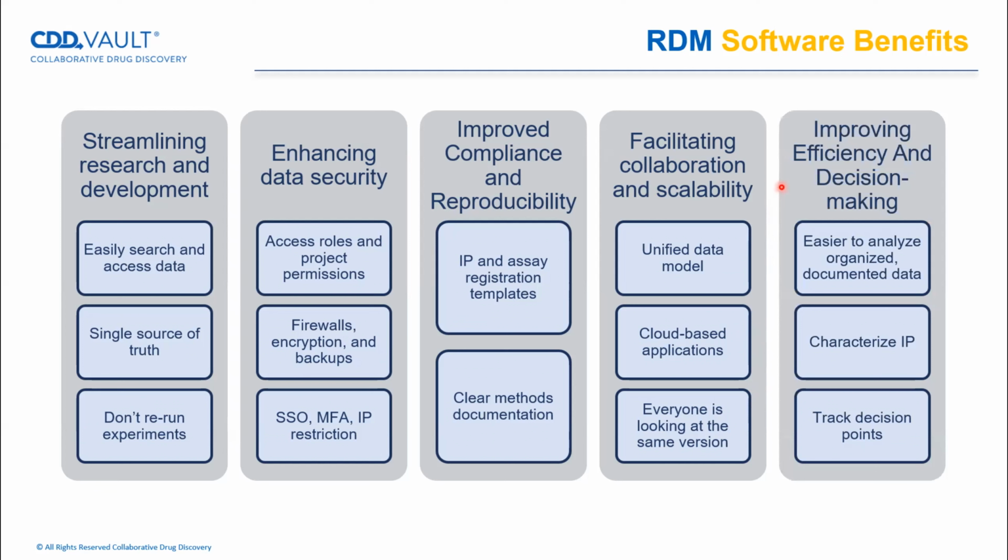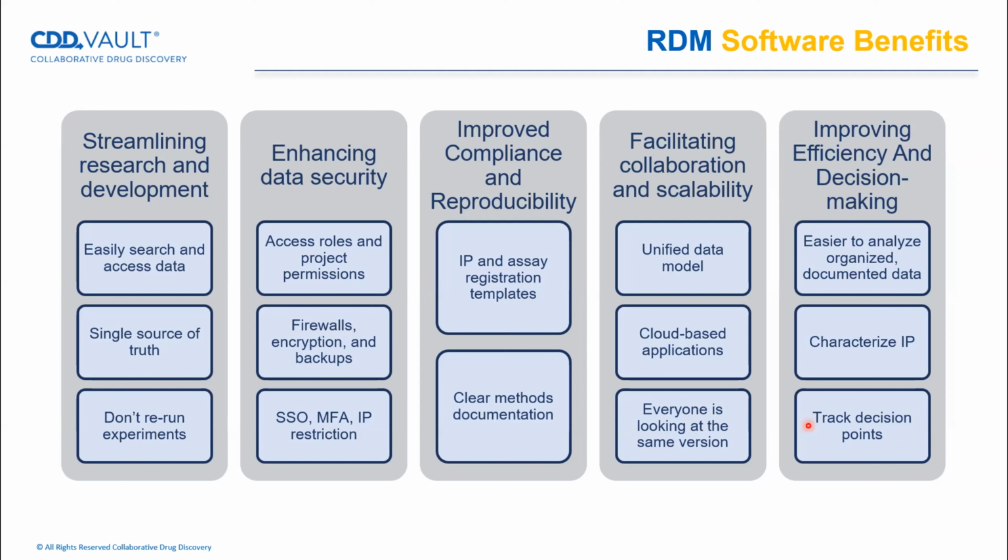And then finally, kind of said this a bunch of times, you're really improving decision-making capabilities and efficiency. So you know where the data is, so it's easy to find it and reanalyze it. You can characterize your IP and the white space around it really easily. And then there's an ability to make dashboards to track decision points at every step of your funnel. So this is pretty much a high-level overview of research data management, and some software benefits really around efficiency, scaling, safety, security